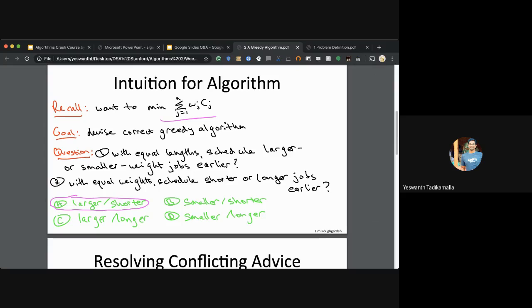Sorry, larger weight application or smaller weight application. Imagine all the jobs are taking the same unit of time. So it's obvious that we will order them in the form of their weightage. Now, if the weightages are same, then we will order them in decreasing or increasing order of their times. So this is pretty intuitive.